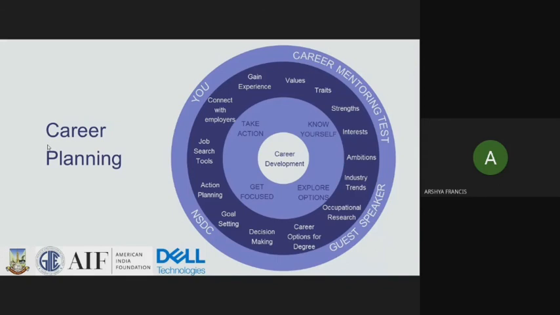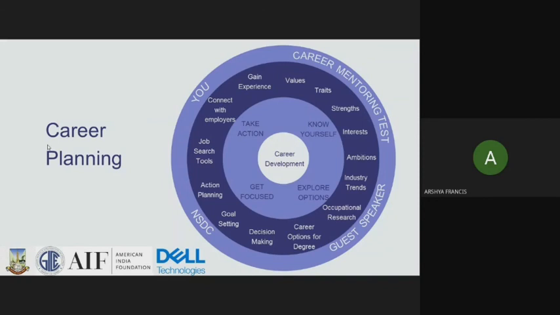Career planning has 4 components: self-assessment, career exploration, getting focused, and an action plan. So हमें अपने area of interest को और explore करना चाहिए. So don't think in one dimension. Think beyond the box, out of the box. Think of different career options. So this psychometric test which you're giving will help you understand where your inclination is, where your strengths are. So based on self-assessment, you can discover various educational training, various opportunities, and the best personality.